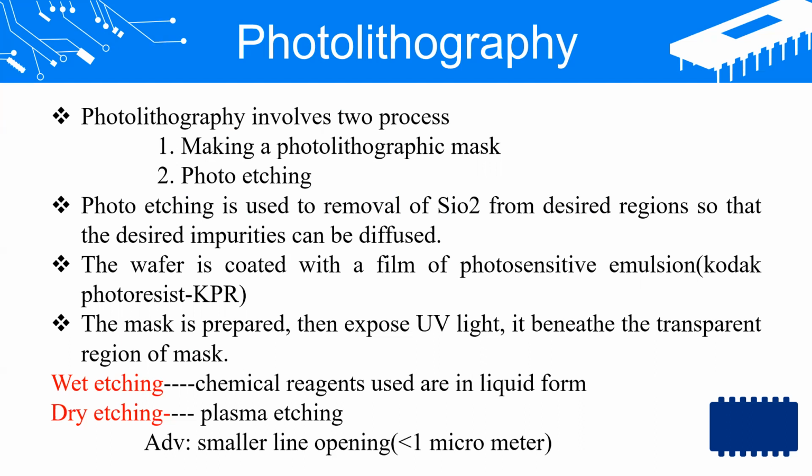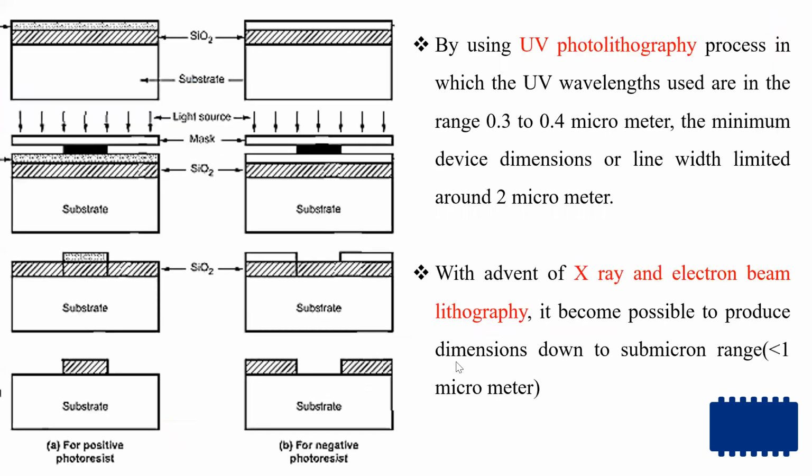Basically, the photolithography process is subdivided into photomask generation, pattern generation or lithography, and etching. Etching is of two types, wet etching and dry etching. Wet etching is done by using chemical reagents and dry etching is done using plasma. These sub-steps